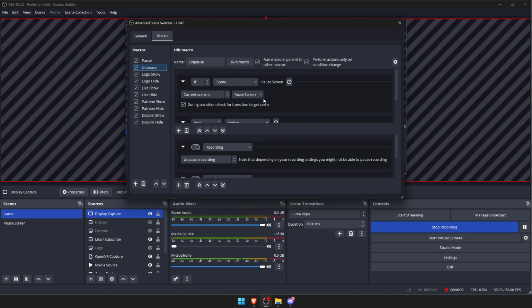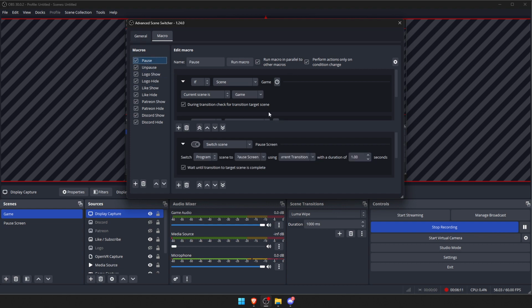So that being said, the way that this all works is that you set up individual macros to do individual things, and I'll explain a couple of these so you understand how they work, but the pause and unpause functions are my first two here. So here's how it works. We create a conditional if statement right here. If the current scene, these two reference if scene, this selects the scene option. If the current scene is game, which is my recording screen over here,